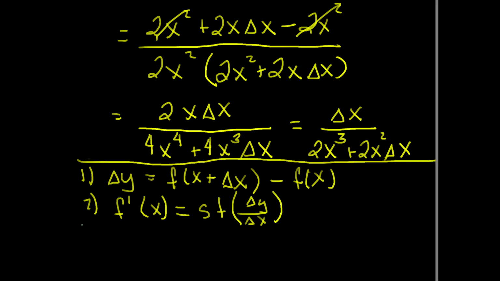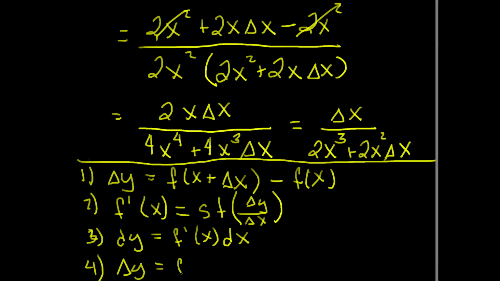Then we get that the differential is, so if we just want to write it out, it's f prime of x, which we just calculated in step 2, dx. And then finally, if we want to find the epsilon, demonstrate that the increment theorem is valid, which it will be for all these functions, we solve the equation delta y is equal to f prime of x delta x